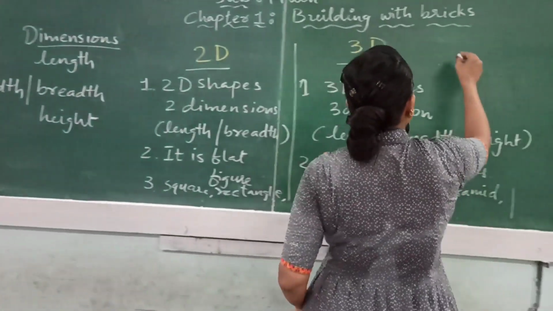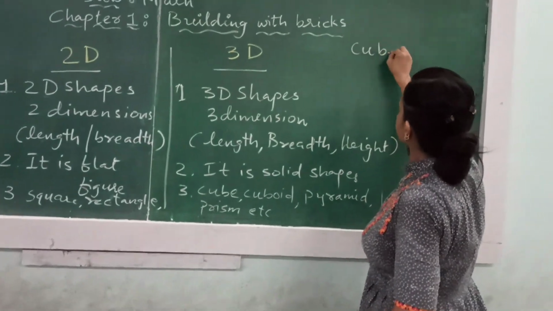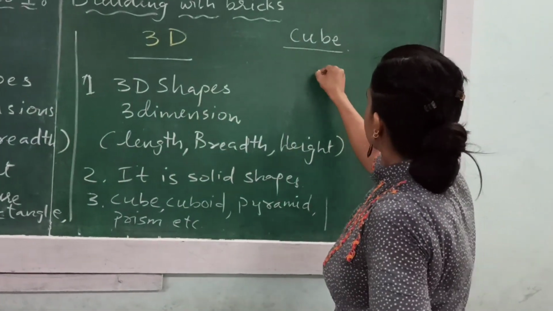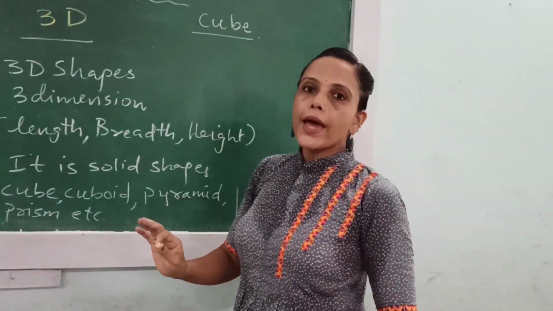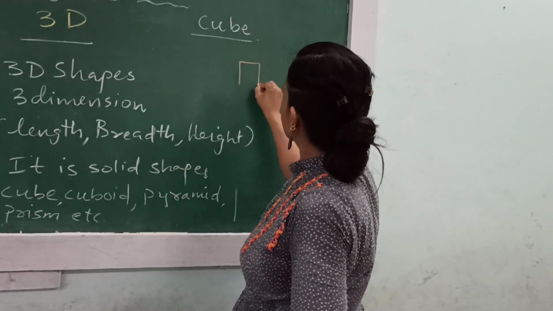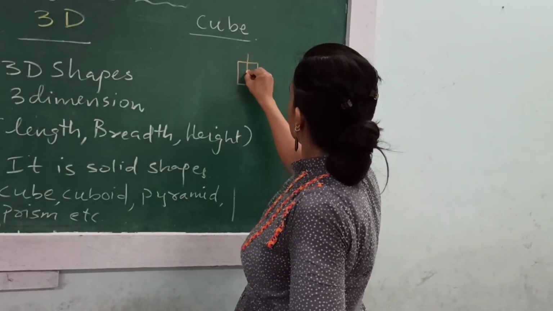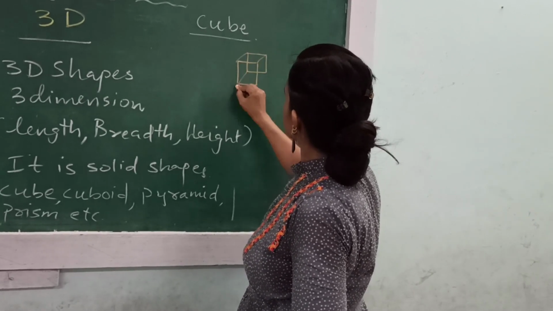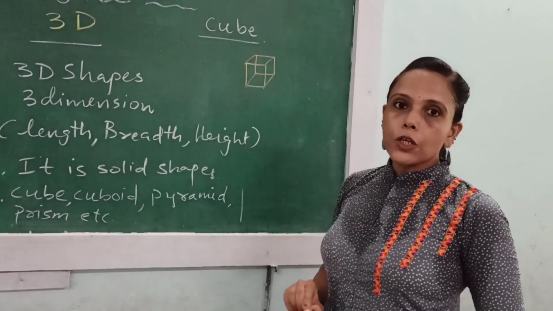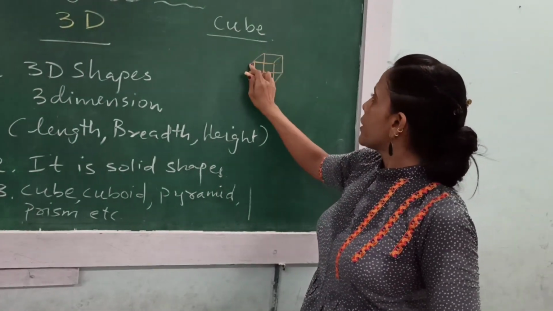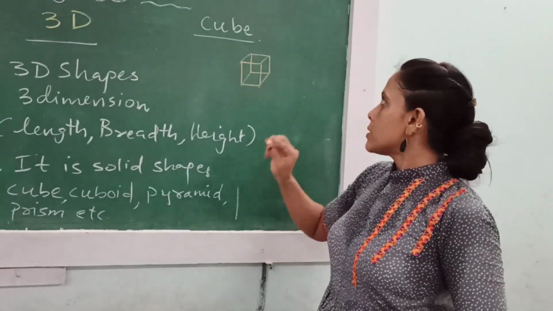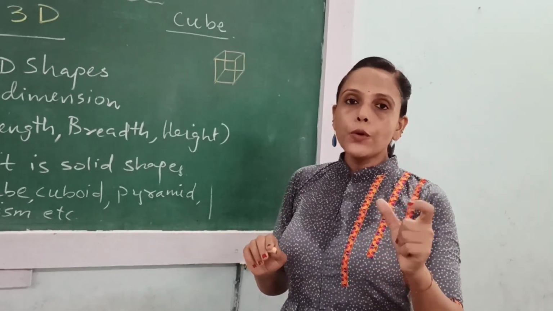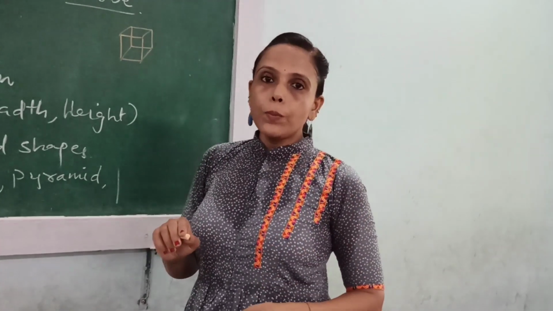Now just look here. I will show you the example of a cube. Now how to draw a cube? See, a cube has all sides square in shape. So just draw one square and on top of it one more square and then join all the corners. So this is the cube shape. So you just find out different examples of things which are in cube shape. One I told you, Ludo: when you are playing, that dice is a cube in shape.